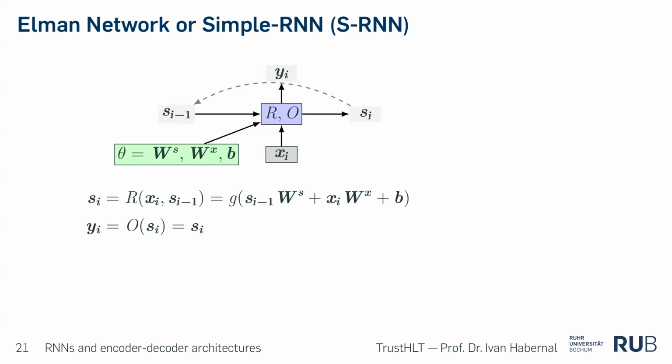which is exactly this here. We have a matrix for taking the previous state and projecting it into something else. We have another matrix for taking the input at position i and projecting it into something. And what is the b? It's some sort of bias vector. Fair enough. So we can make linear projections of the previous state and the current input, and add some bias. What could this g be?